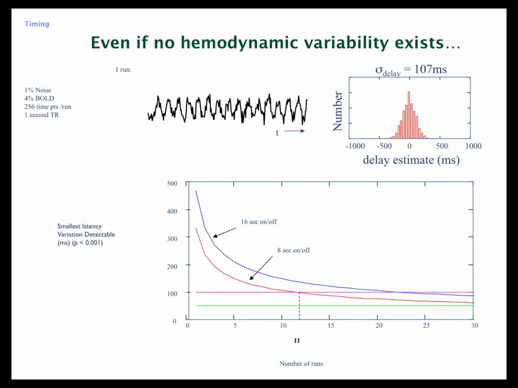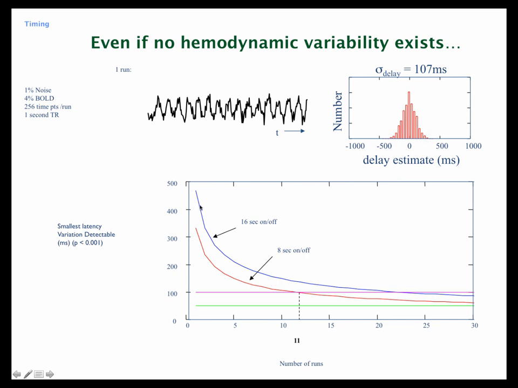Okay, so in an ideal world, let's say there were no hemodynamic effects whatsoever. Let's say the brain behaved perfectly. It was all just this mesh of capillaries. Given the signal to noise that we have, we're up against a limit, and we're being generous here. Let's say we have 1% noise, a 4% BOLD effect, 256 time points per run, and a 1 second TR. And let's say we're trying to push the resolution of our experiment with this data. It turns out that just because of the noise, it would take us